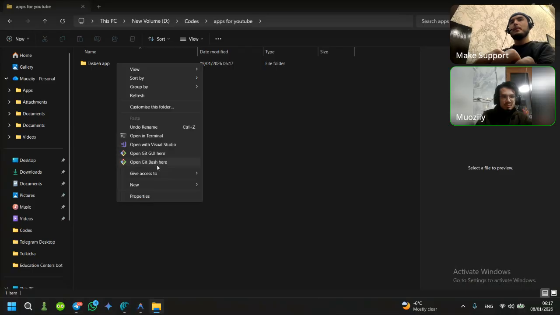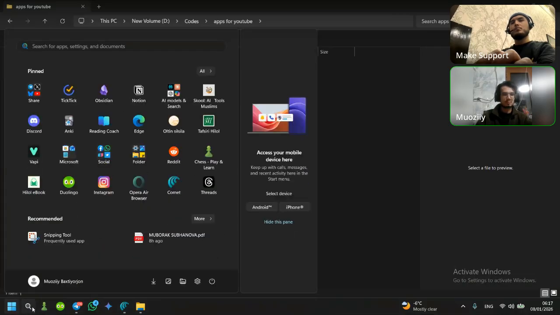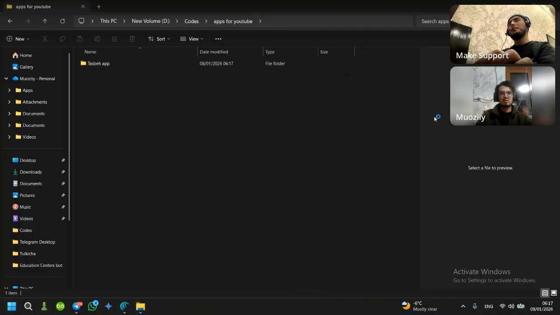I think it doesn't show here, so I'm going to close Antigravity for now and open it here. It doesn't show anything. Let me. Oh yeah,